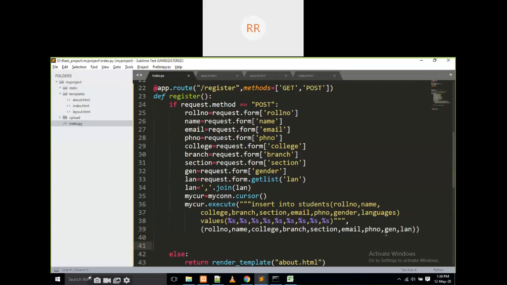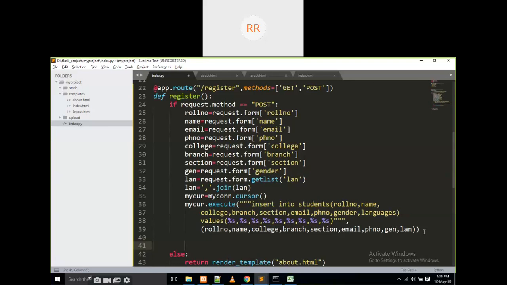The main mistakes when we are doing this is that we have to calculate how many column names you write: 1 2 3 4 5 6 7 8 9, and we have to calculate how many percentages: 1 2 3 4 5 6 7 8 9. Then what are the values? 1 2 3 4 5 6 7 8 9, like that. Okay, if it is clear, there is no problem for that.